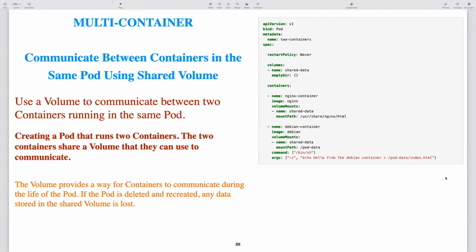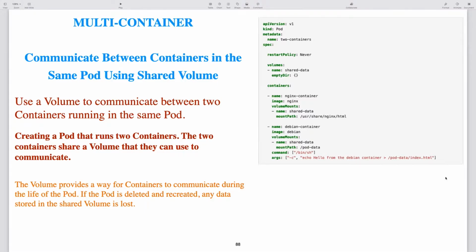After the helper container runs, the main container will be getting some data from the helper container or something of that nature. So it all depends on your use case and what you are trying to use the